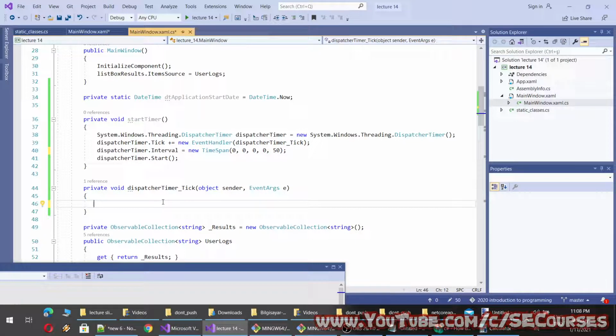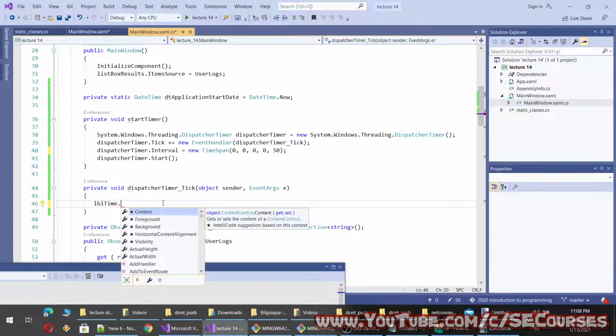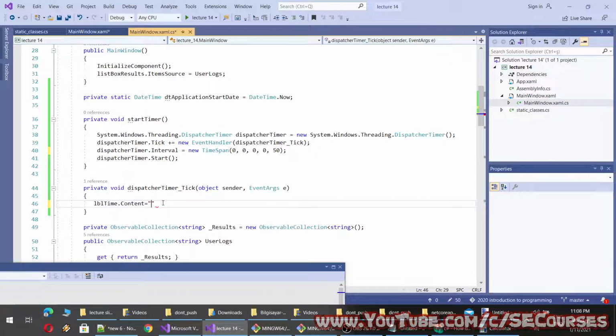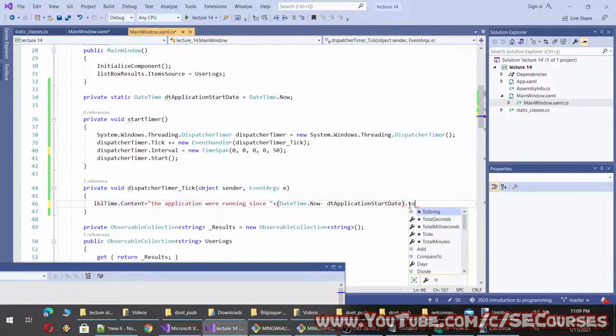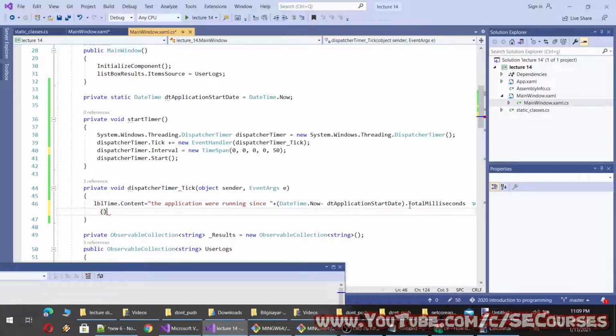And here, I will update the content of the label as the application were running since, and here I will calculate the time difference as DateTime.Now subtracting starting date, TotalMilliseconds, ToString, with N0.